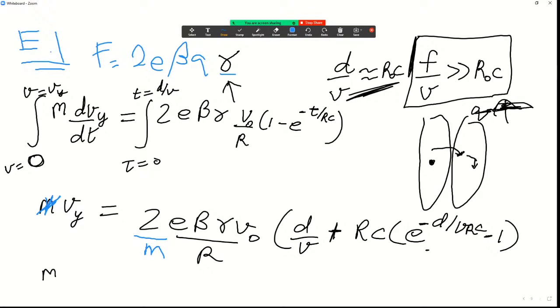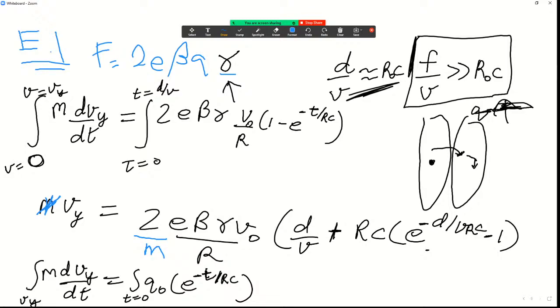I am applying similarities: dVy over dt equals Q naught e to the power minus t by RC, from t equals 0, where Vy equals Vy naught, and then Vy dash. So we have some general time t,